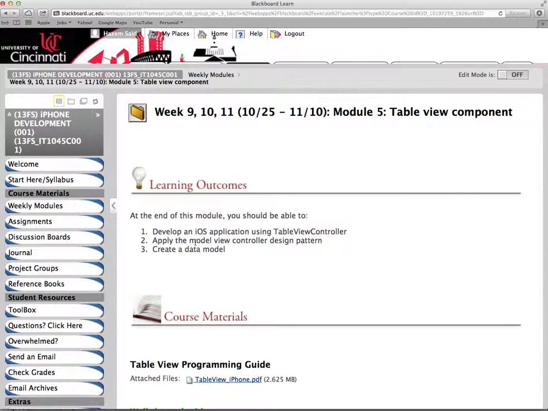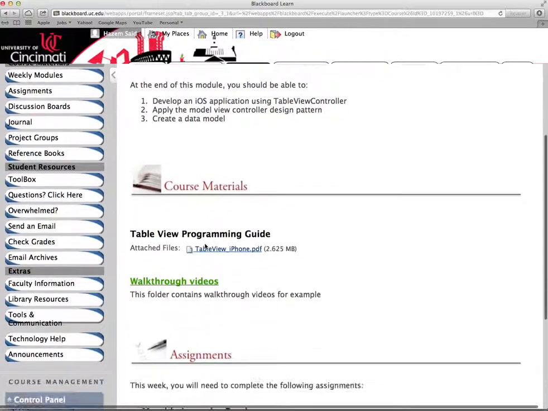We have used the model view controller very lightly in the unit converter app, where we used a file to store the data and load the data into an array. Here we're going to add some more complexity to this, and we'll learn how we can create a data model class and a data controller class of our own, and how we can use this to feed the table view controller. So we're going to create an application of the model view controller.